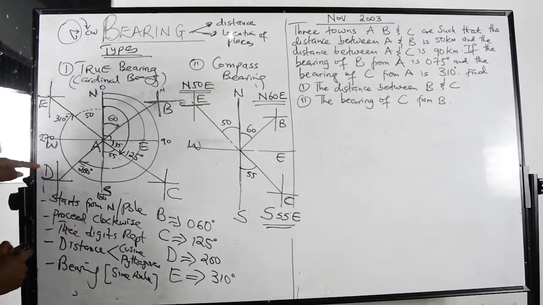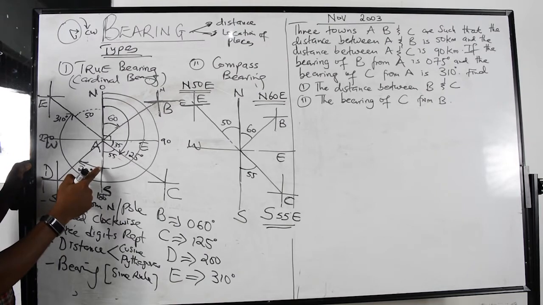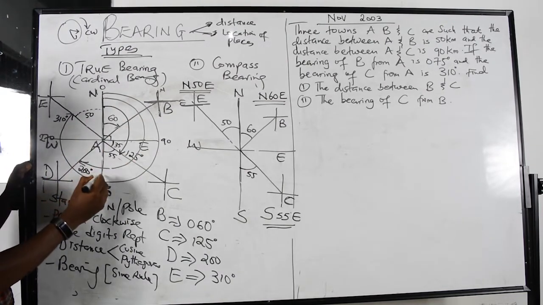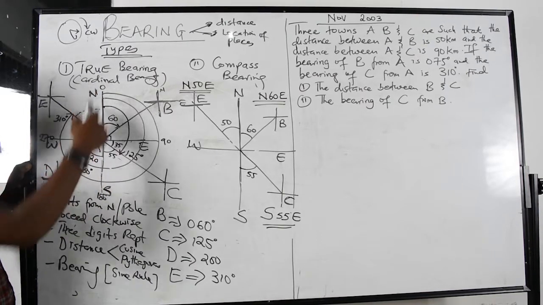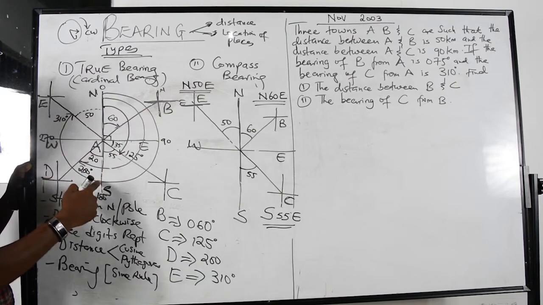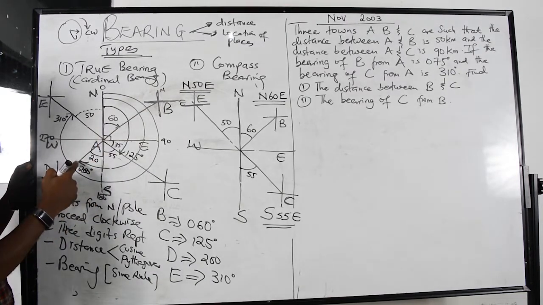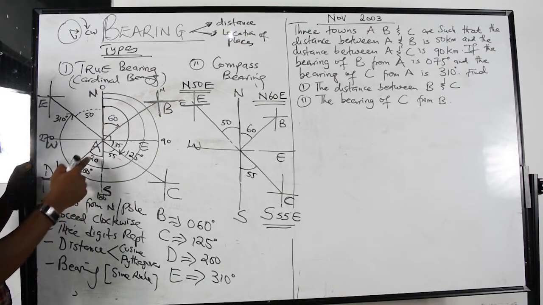Now I still want to locate point D under the compass bearing. So watch here. This is 200. All here is 200, but this is 180. So the angle here is 20 degrees, because the angles on a straight line is 180, and from this line up to here is 200, so the remaining here is 20. So if I remove 180 from 200, I'm left with 20.